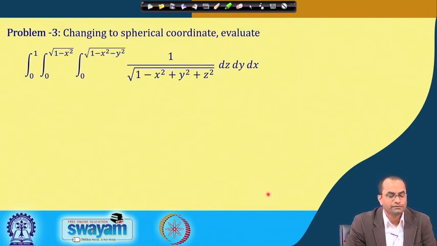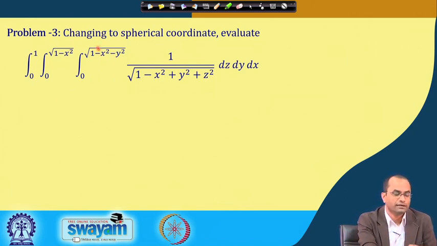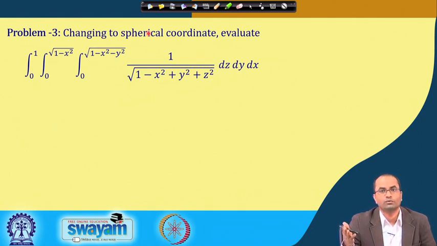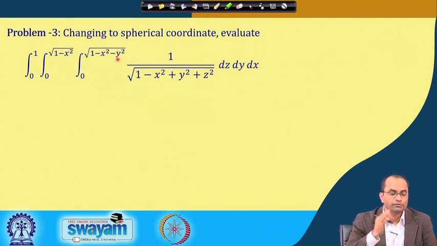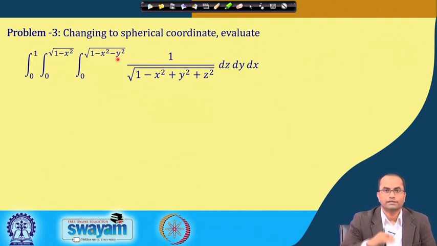The last example where we will be changing again to spherical coordinate to evaluate this integral, and again changing to the spherical coordinate, we have to look for the geometry we are having in this integral limits. So, for the inner one, z goes from 0 to square root 1 minus x square minus y square, that means z square plus x square plus y square is equal to 1. So, we are moving in the direction of z from 0 to that sphere of radius 1, that is the equation z is equal to square root 1 minus x square minus y square, that is the sphere.